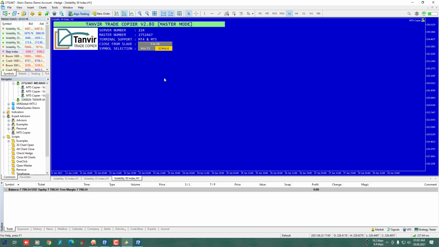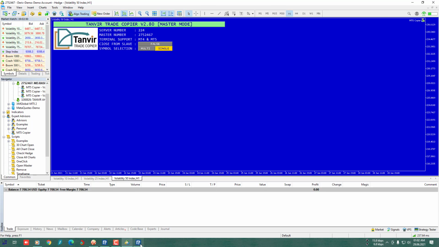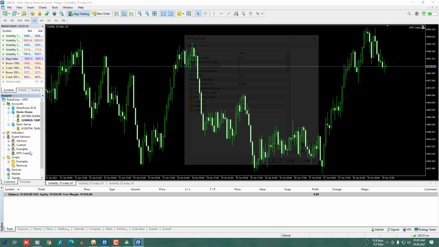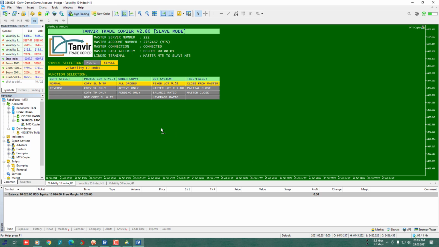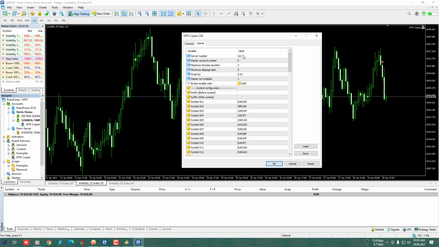And it's time to connect this slave account with this second master account. We set server number 222 in Volatility 10 Index chart in master. So we have to set server number 222 in Volatility 10 Index with master account number. We set server number 223 in Volatility 25 Index chart in master.